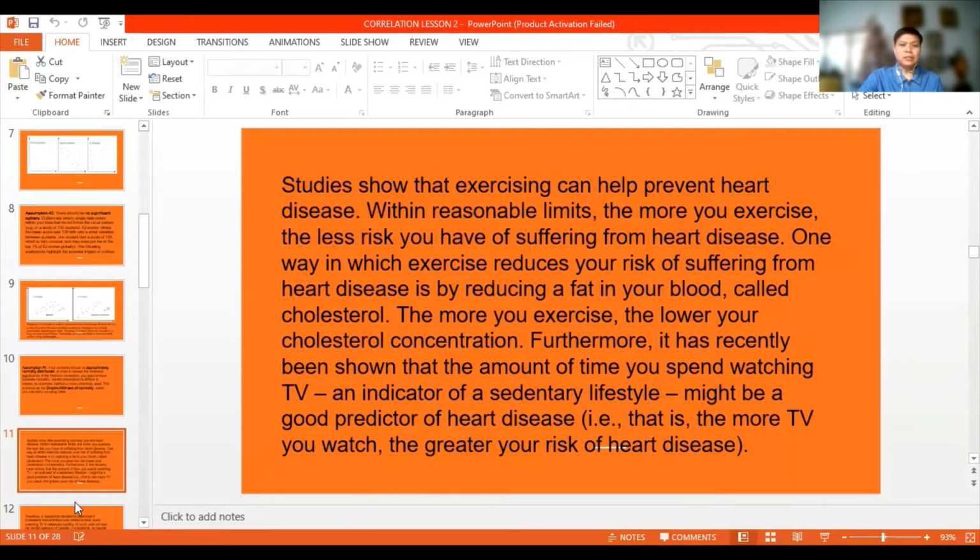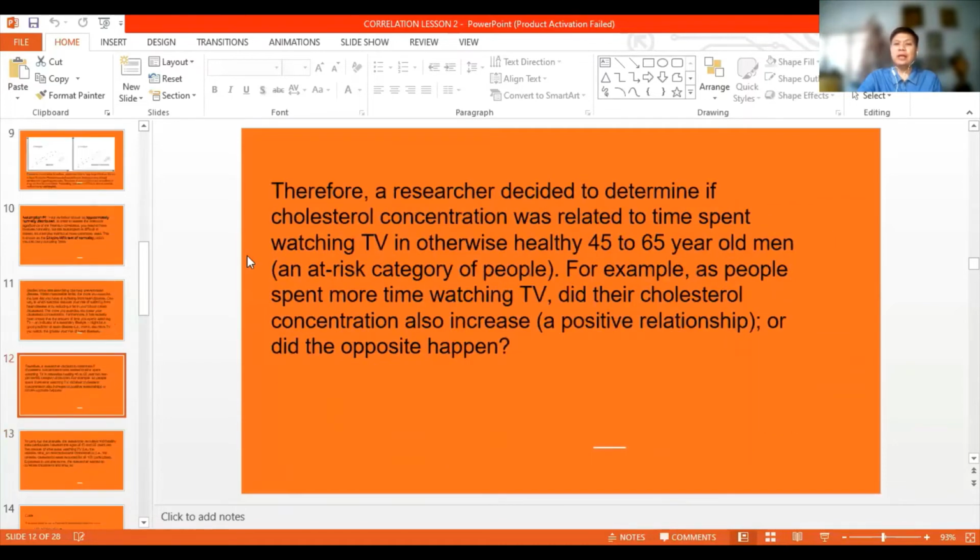Okay. So therefore, what do we do? A researcher decided to determine if cholesterol concentration was related. Again, since we are just in correlation, we're just talking here of the relationship. Was related to time spent watching TV in otherwise healthy 45 to 65-year-old men. For example, as people spent more time watching TV, did their cholesterol concentration also increase? So it's a positive relationship, or did the opposite happen? Okay. So to carry out the analysis, the researcher recruited 100 healthy male participants between the ages of 45